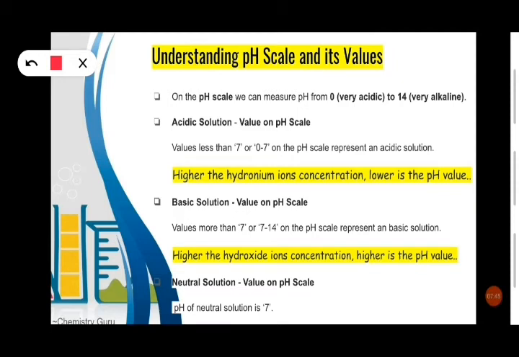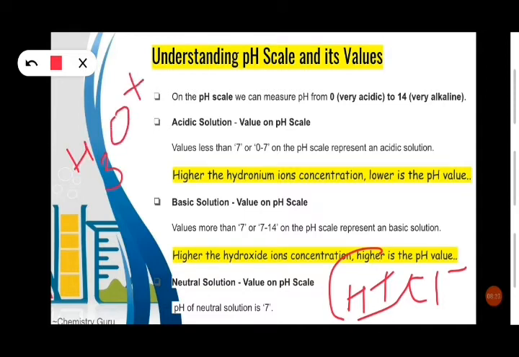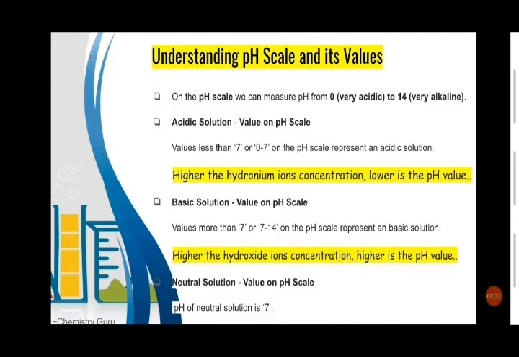Now let us take the example of HCl. HCl, when dissolved in water, gives two ions, hydrogen ion and chloride ion, H positive and Cl negative, right? And this H positive ion combines with H2O, which is water, to give hydronium ion. Overall it will form the H3O positive ion, and this ion is known as hydronium ion. So we have discussed the acidic solutions and the basic solutions.